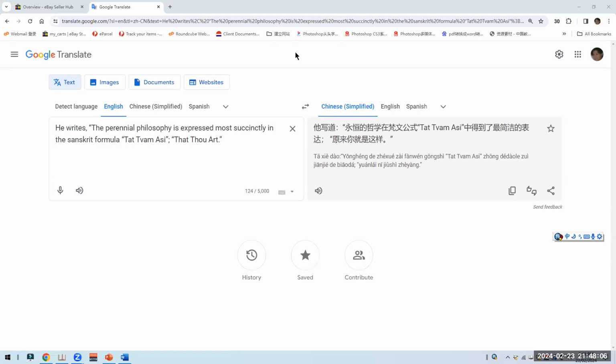He writes the perennial philosophy is expressed most succinctly in the